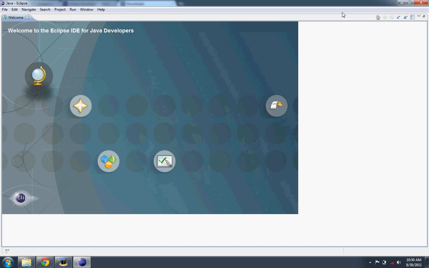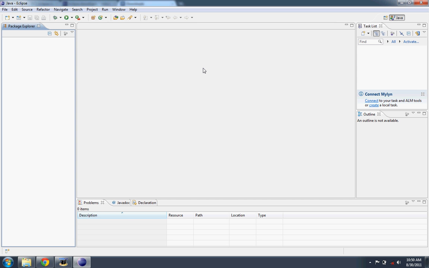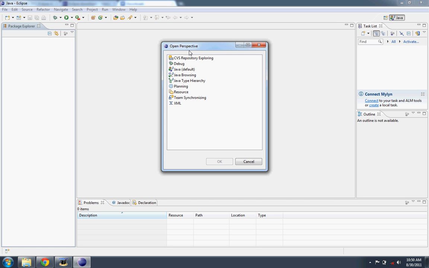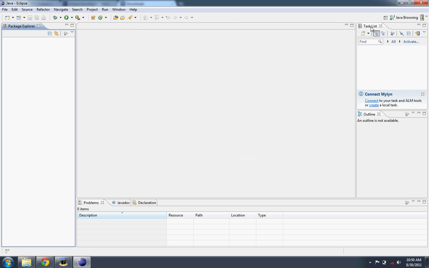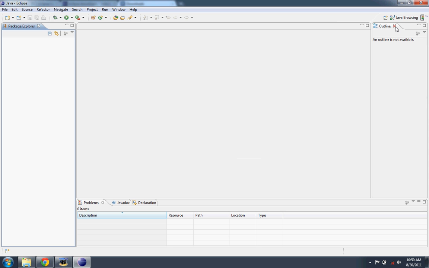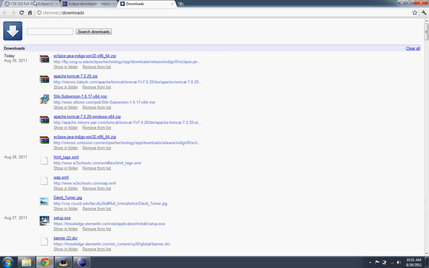This is a welcome page. Here's the interface. This is the Eclipse window. The window is a collection of these panels, and this particular collection is referred to as a perspective, and you can change the perspective by selecting from the list of perspectives in the system, and that will just give you a different arrangement of panels. So we'll go back to the Java perspective, and these are modifiable, these perspectives. So I'm going to remove these windows from the Java perspective because I don't use those. Alright, so Eclipse is running right now. Let's go back and